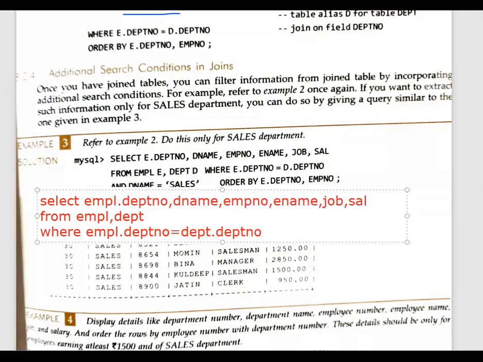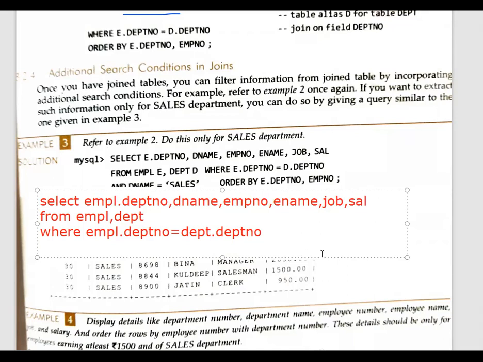Suppose I am writing EMPL.DEPT number. If you do not write like this, then you will get an error message. So you have to be clear that if two common columns have the same name, then you have to write with respect to which particular table. This is the first thing. Then the next thing is that these details should be only for employees earning at least 1500, meaning salary should be greater than 1500.